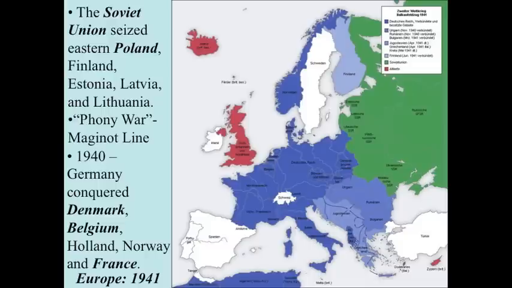After Poland fell, the war entered into a quiet period. For the next several months, German troops just kind of sat and watched the French forces on the Maginot Line, which was a defense system that they were building along their border with Germany. Since nothing was happening, the American press labeled this a phony war. However, on April 9, 1940, this phony war came to an end when Hitler launched an attack on Denmark and